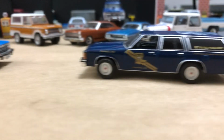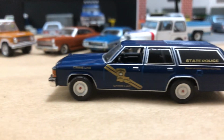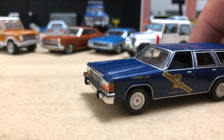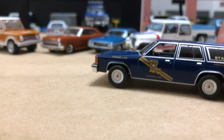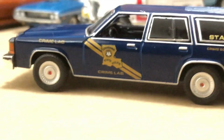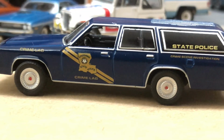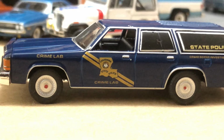I love the graphics. They also tinted the windows on this. No roof rack. Tinted windows. The older style wheel covers. And it's got the really cool Louisiana graphics. So let's take a look at that real quick. Crime scene investigation. And when you look at these statewide crime labs, a lot of these do heavy investigation,